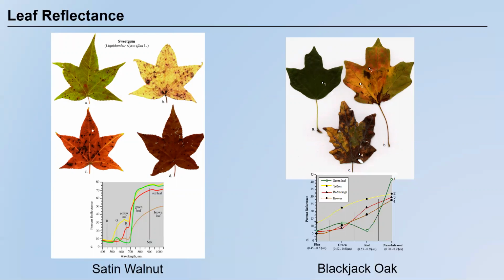Okay, and leaf C is right here. It's not that healthy. Maybe it's sick. Maybe it's just dying. But spectrum 4 is for that brown leaf. So you can say